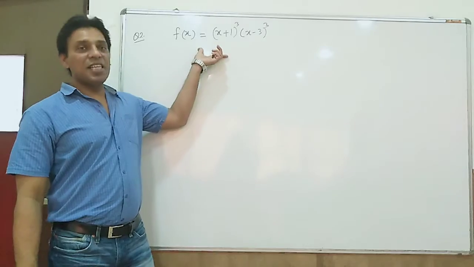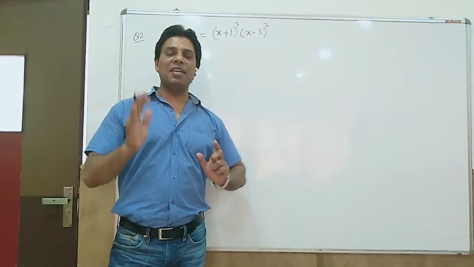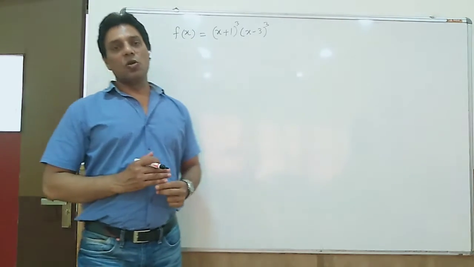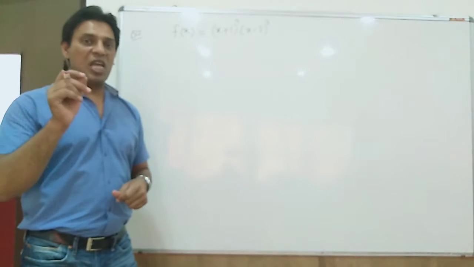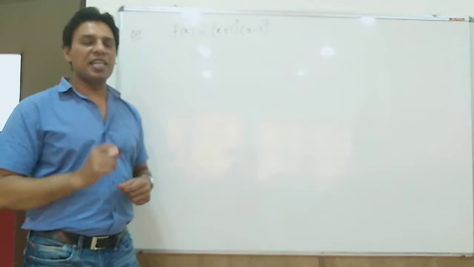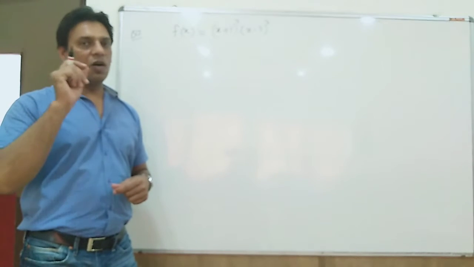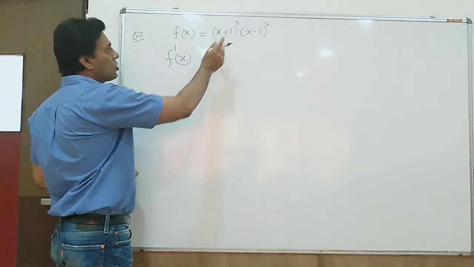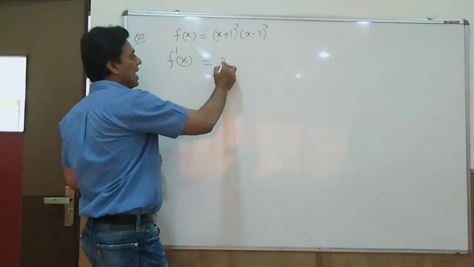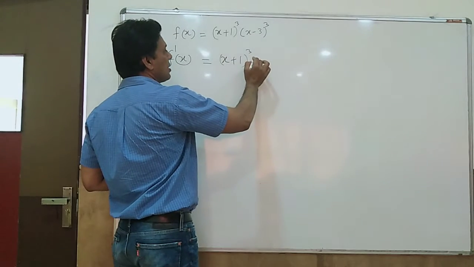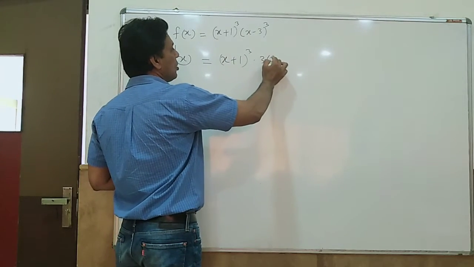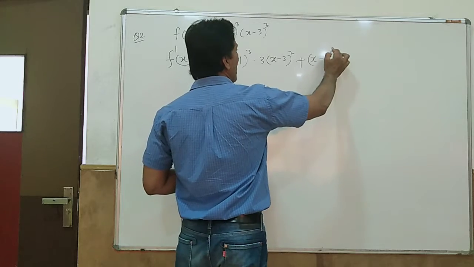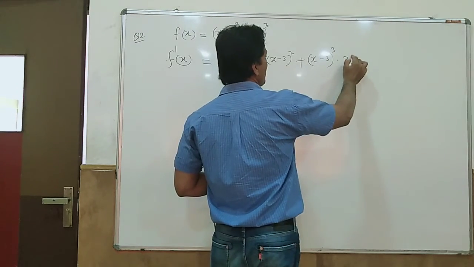Now see this question. In this question also we have to find the interval where this function is strictly increasing and strictly decreasing. So we have a given function, and to check strictly increasing or strictly decreasing, you need to find the derivative of the function. So we are going to find the derivative, that is f dash x, and we will use the product formula, that is (x plus 1) whole cube as it is, and the differentiation of this portion, which is 3(x minus 3) whole square, then (x minus 3) whole cube as it is, and the differentiation of this, which is 3(x